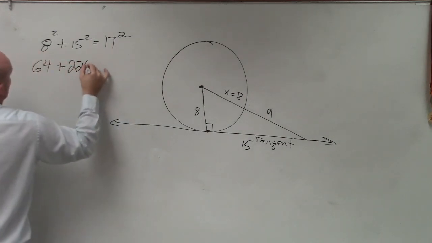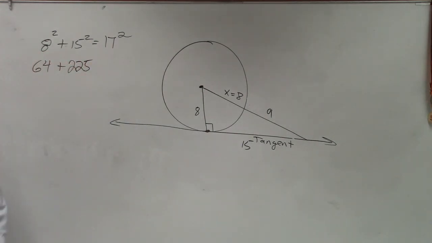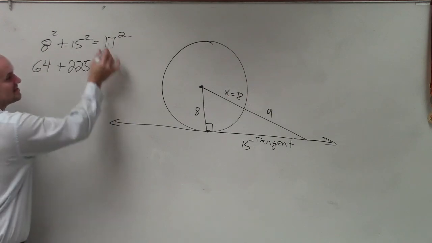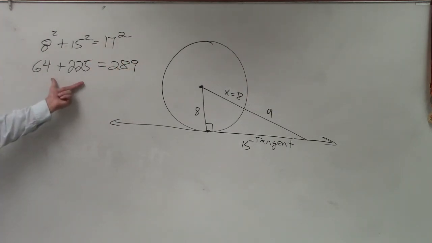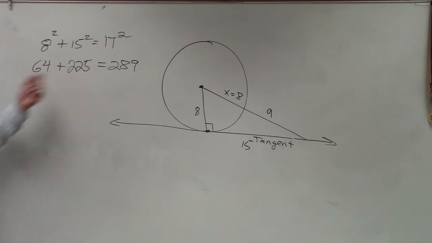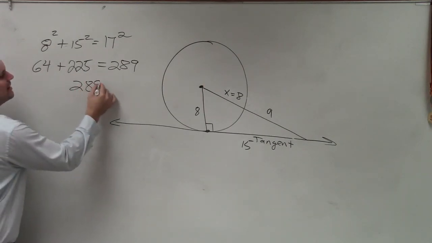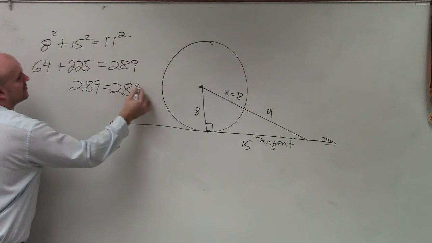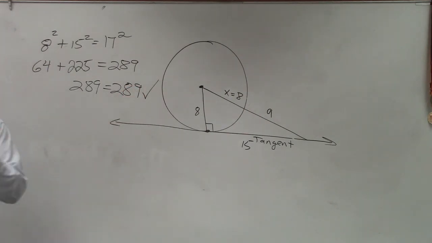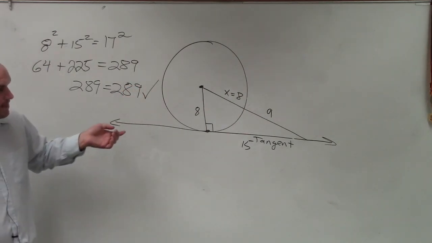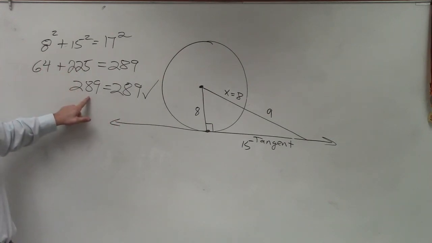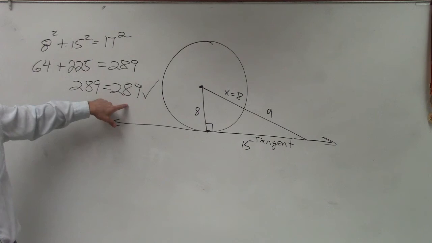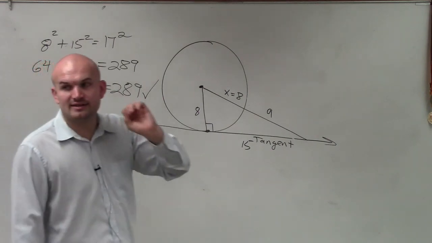So again, 15 squared is going to be 225. And does that equal 17 squared, which is 289? Well, what we notice is when we add 64 plus 225, that equals 289, which equals 289. So therefore, since the Pythagorean theorem works, 64 plus 225 is 289. 17 squared is 289. So since the Pythagorean theorem works,